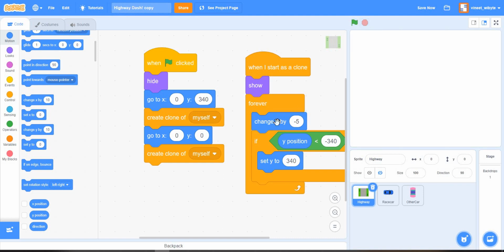Having said that, it's possible that in your game you might see a little bit of glitching. That's all right. Do not worry too much about it. Maybe you can just try reducing the speed or try changing the way the costume is set up, and I think that should be fine for now. Yeah. Now, having done all this, let's move on and create a race car sprite.